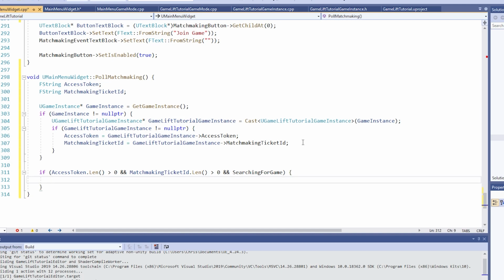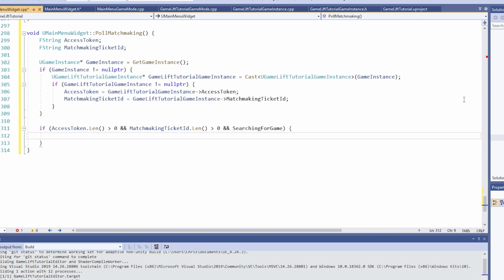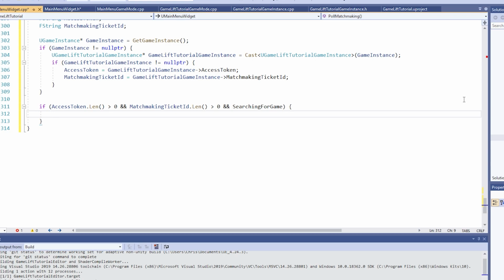Because since this function will be called on a timer interval, I want to make sure that there is never a race condition in which maybe the user just clicked the matchmaking button to cancel a request, and then milliseconds later this poll matchmaking function gets called, and therefore an HTTP request gets made. It's already not that likely since timer functions in Unreal Engine are technically synchronous, but again, it doesn't hurt to have an extra check. And then in here, let's make the request body, which will only contain a ticket ID